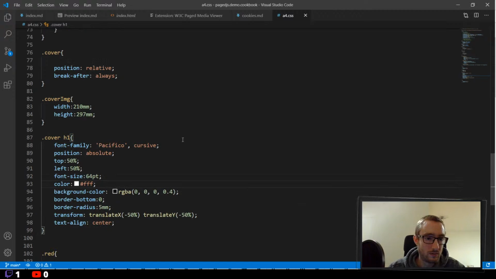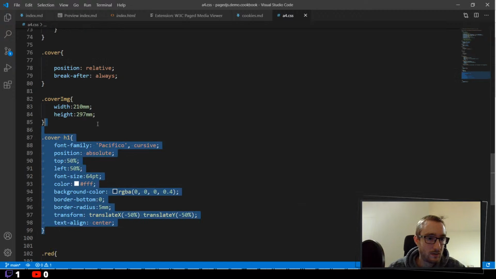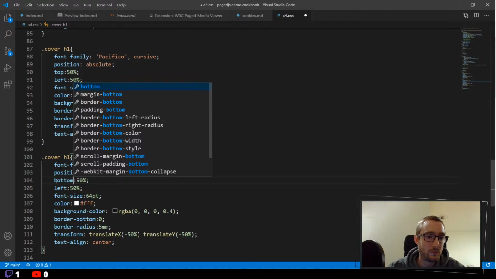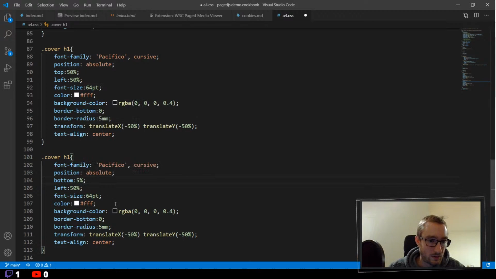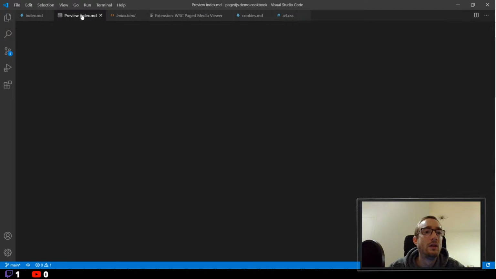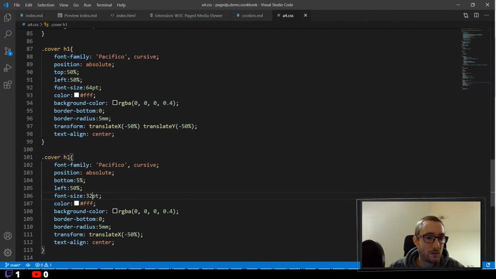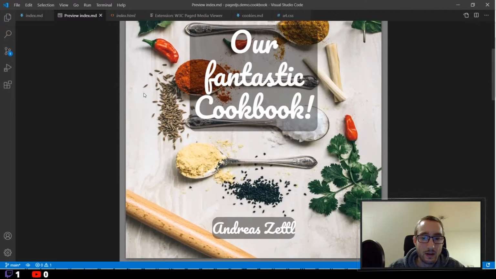And let's style that true. So left 50 is fine, and instead of top 50 we put it at the bottom, and there we do not center it. We give it, let's see how half of the size looks. Well, of course I should not overwrite the heading 1, so we put it for the H2, and we see here